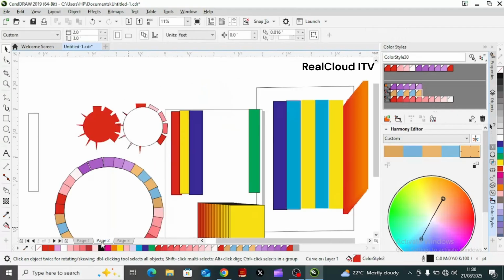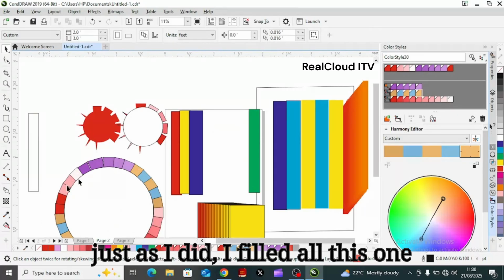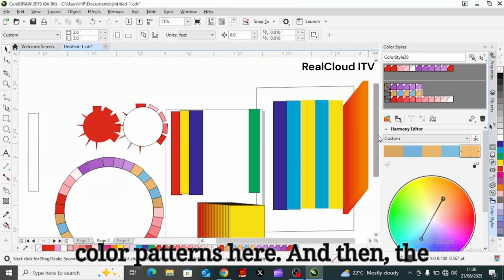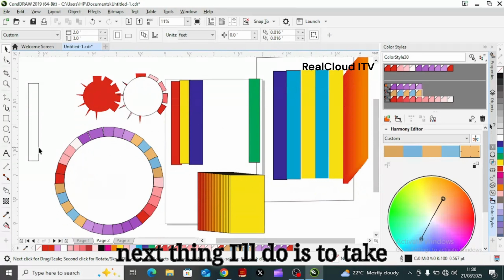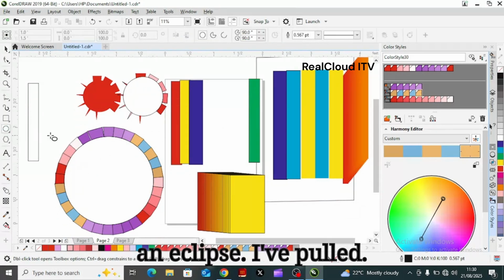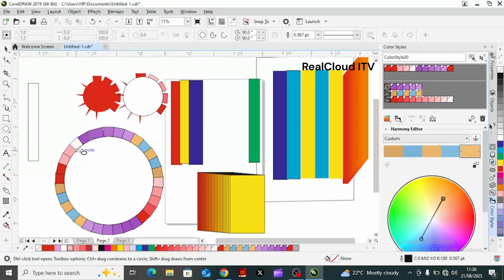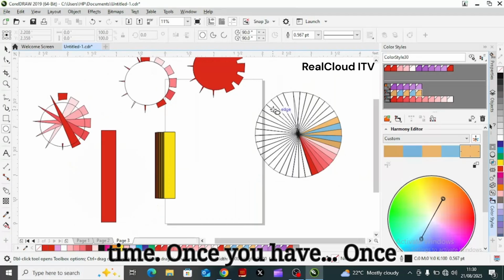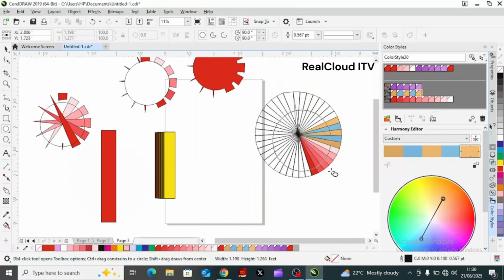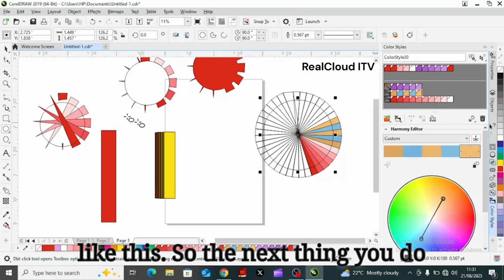once you fill it, just as I did, I filled all my color patterns here, and then the next thing I'll do is to take an ellipse. When you put it to cover this particular area, I cannot finish it because of time. Once you cover this particular area, once you have covered like this, the next thing to do is